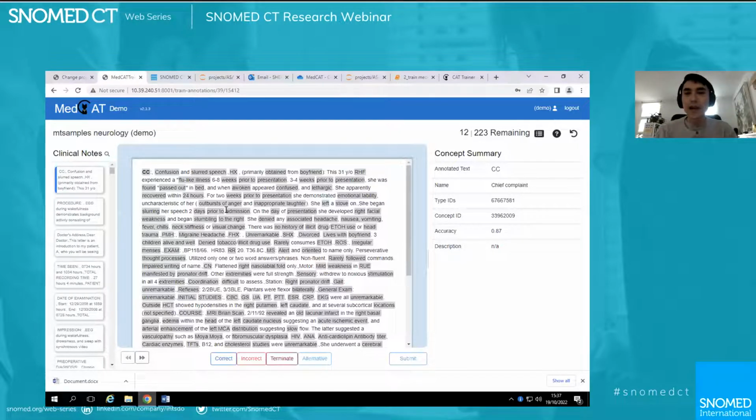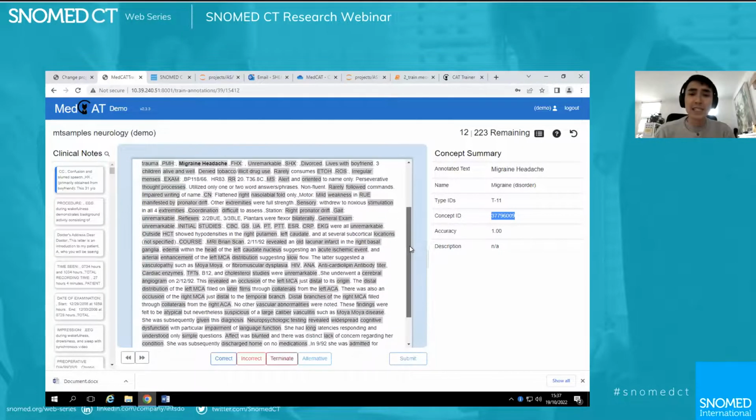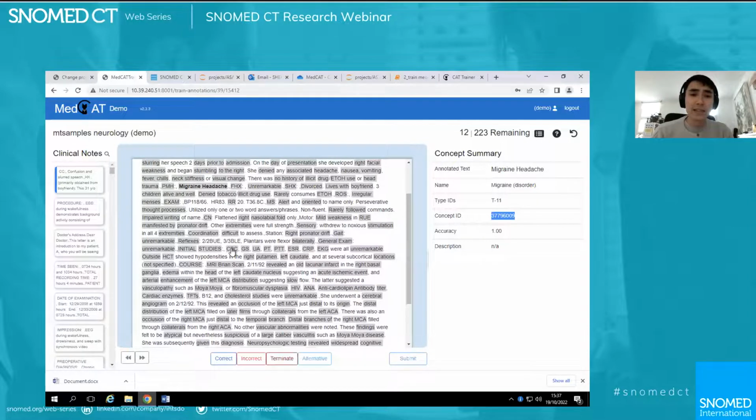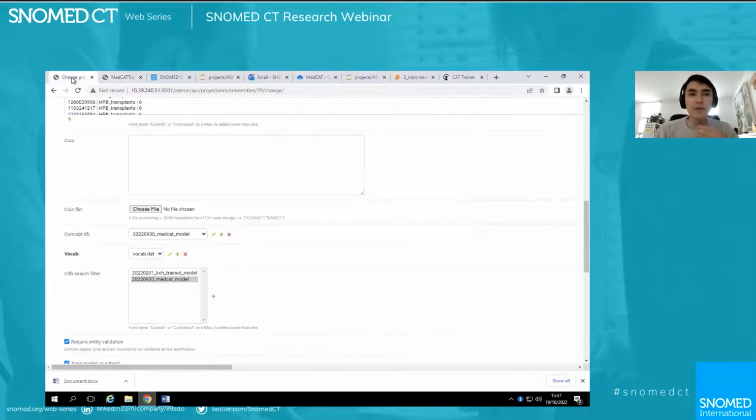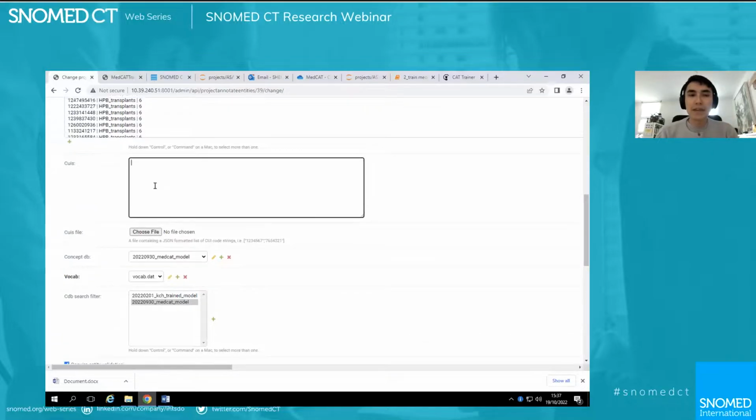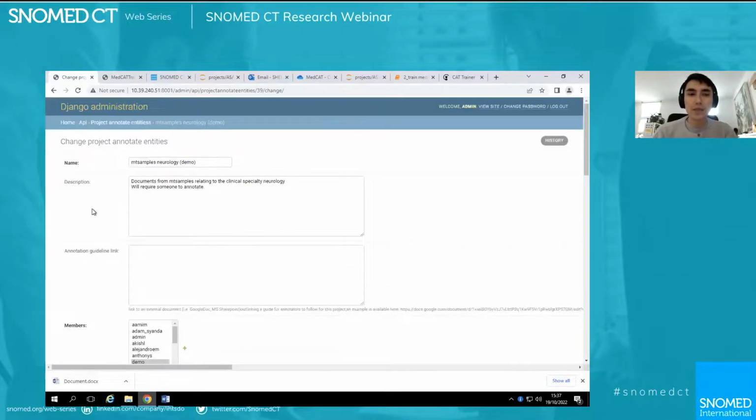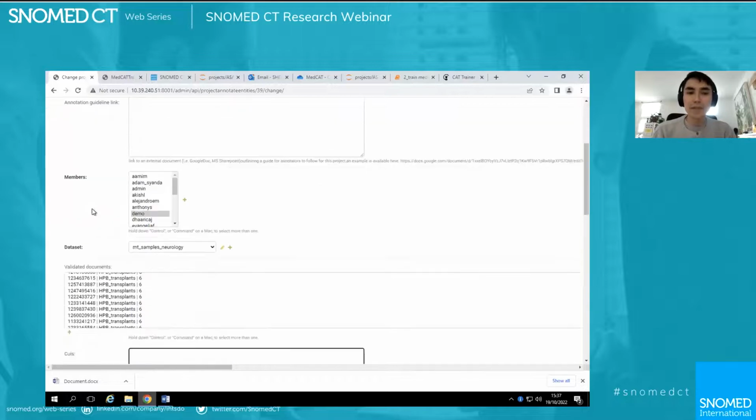Of course, going back to this, no consultant or domain specialist is really asked to annotate the entirety of SNOMED CT at once in this document, because you can imagine in this single document, there are so many different examples, and specialty really ranges as well. These are all the various predictions. When a project is set up, there's a sort of admin panel, in which one can change the parameters as well.